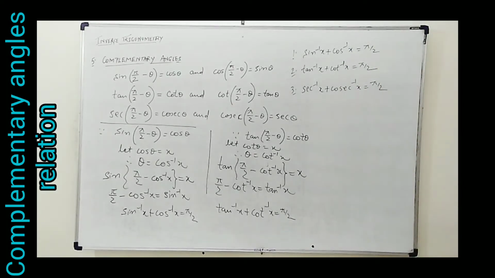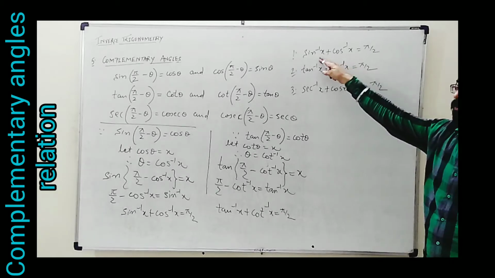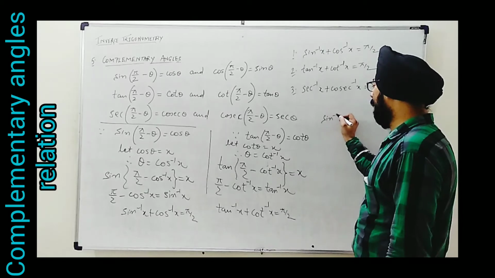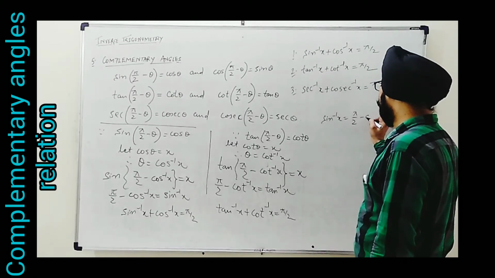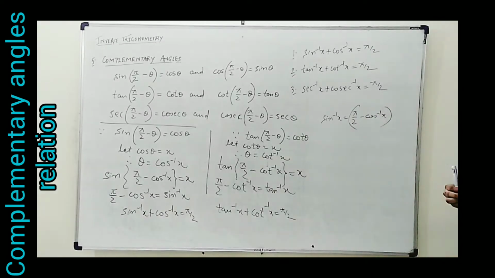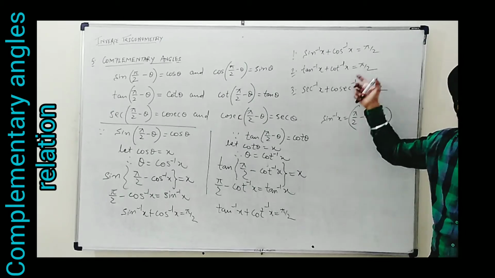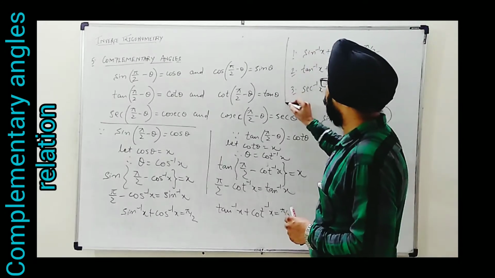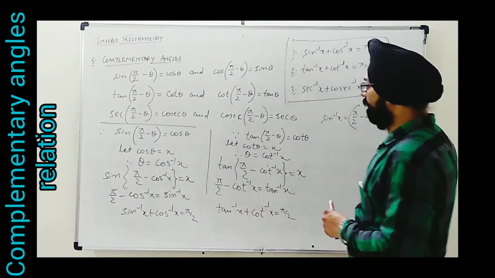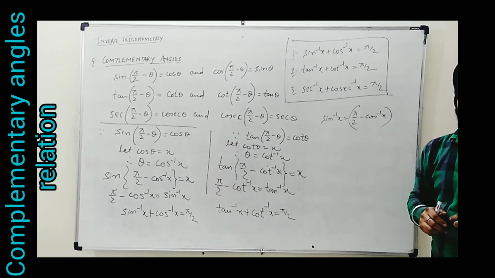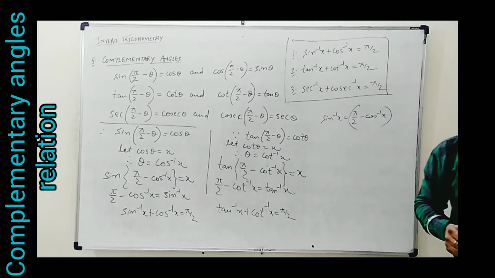Not only this, we use them where you are given sin inverse x, so that can be converted. Other than by the Pythagoras theorem, sin inverse x can be written as pi by 2 minus cos inverse x also, and cos inverse x can be written as pi by 2 minus sin inverse x. So this way the identity is used to convert from one form to another. Okay, these are the three main identities in this batch. Now we will see these identities applied. Earlier we have seen them. We will solve one or two questions to see how these are applied. Let's try.